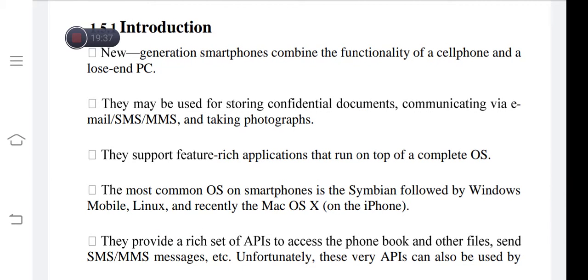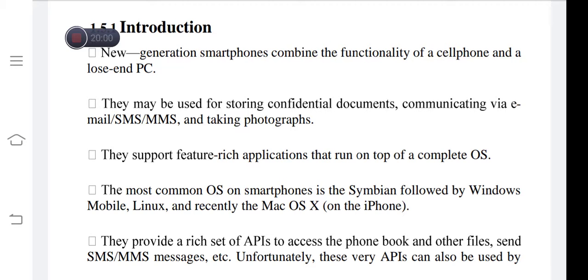They support feature-rich applications that run on top of a complete operating system. The various operating systems supported by smartphones include Windows Mobile, Linux, and recently the Mac operating system extended version on the iPhone.